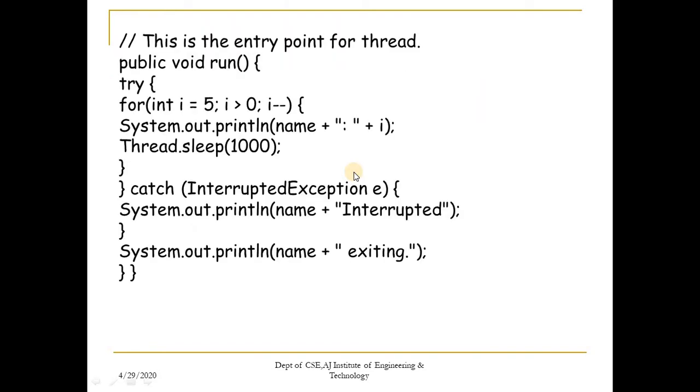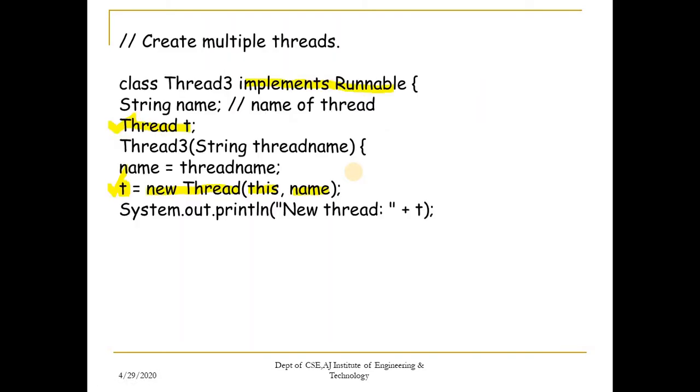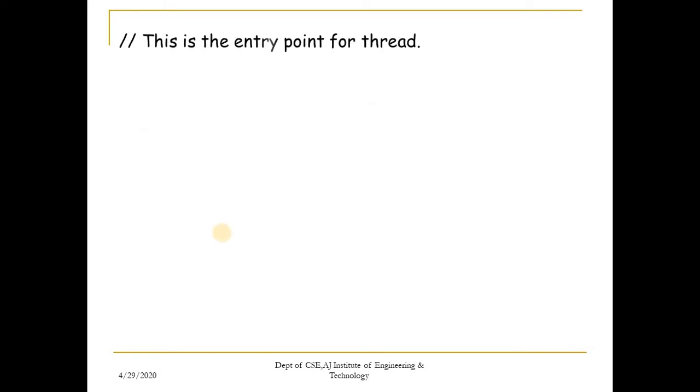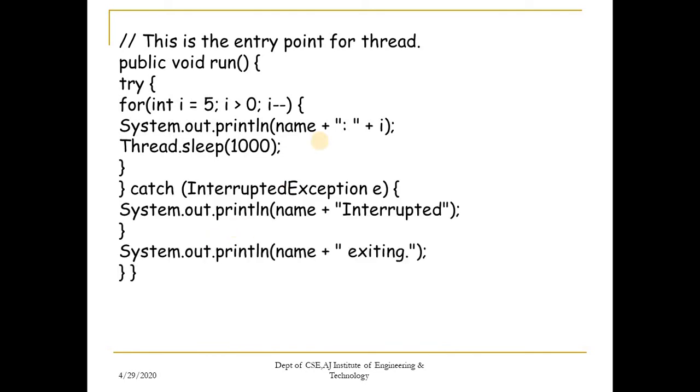In the thread3 class, all the 3 threads will be executing. You will call the start method for thread 1, the start method for thread 2, and the start method for thread 3. When you call the start method, the run method for the thread starts executing. So let us see how this program executes, so we will understand it better.